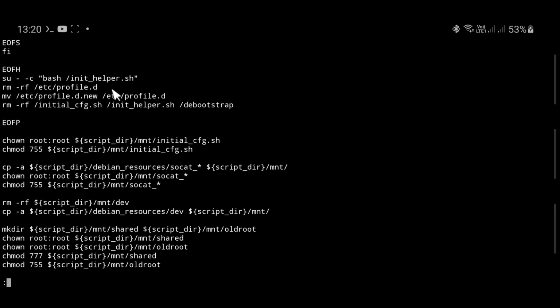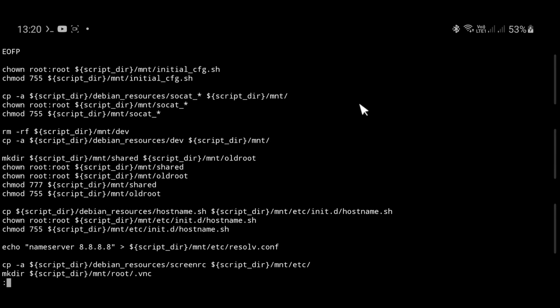That's why those actions like installing packages and some other stuff are located in that nested script. And at the end, we are also switching the profile of the users, and also we are removing the bootstrap directory and those helper scripts. So we just don't need them anymore. And after those scripts,